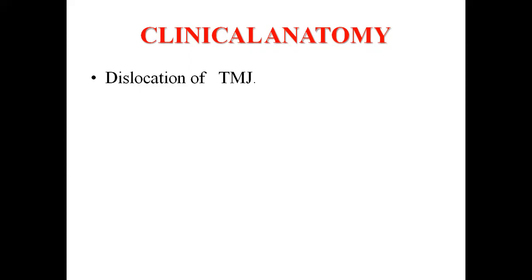Now you know which type of joint it is, which ligaments give the support, what the articular surfaces are, what the relations are, the blood supply, nerve supply, and actions that we have discussed. This question may be expected as a long answer question, and sometimes they ask only short notes. It is important in the skull, head and neck region, the only one joint, that is the TM joint.